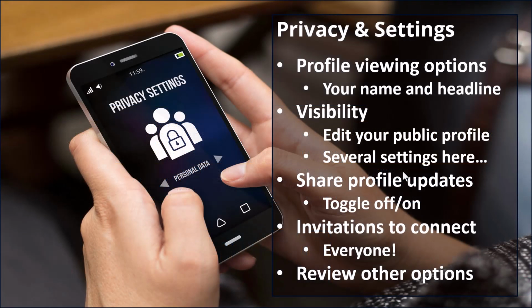One of the things you'll also want to make sure you do: you can't get any benefits from LinkedIn if people can't find you. So you need to make sure that your profile is set to be visible as a public profile. There are several settings here that you want to look at, and you want to make sure that you toggle your profile updates off and on depending on where you are in your job search. You want to make sure that you can connect with everyone at this point, and LinkedIn offers a variety of levels of privacy, which we'll talk about in a minute, that might make you inaccessible to